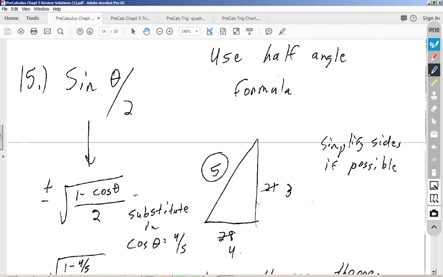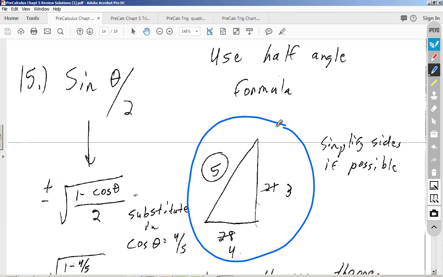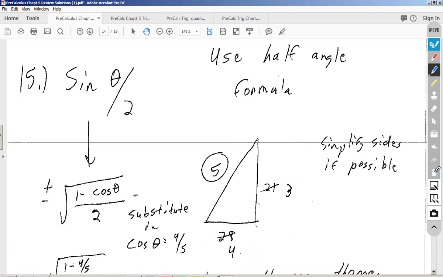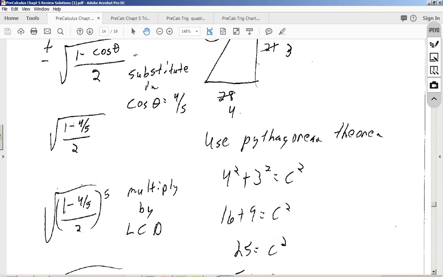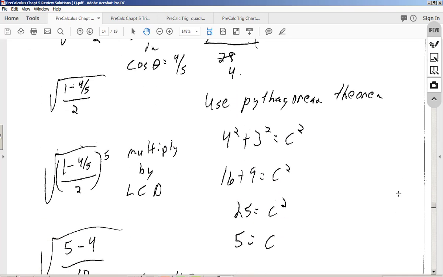so here's the triangle that it gives us. And again, if you can simplify it down, it makes it that much easier. I noticed that both the original things were 21 and 28. I can divide that by 7. So that's going to reduce this down to 3 and 4. So once I've reduced it down to 3 and 4, use your Pythagorean theorem to figure out the rest of your triangle. So I got 4 squared